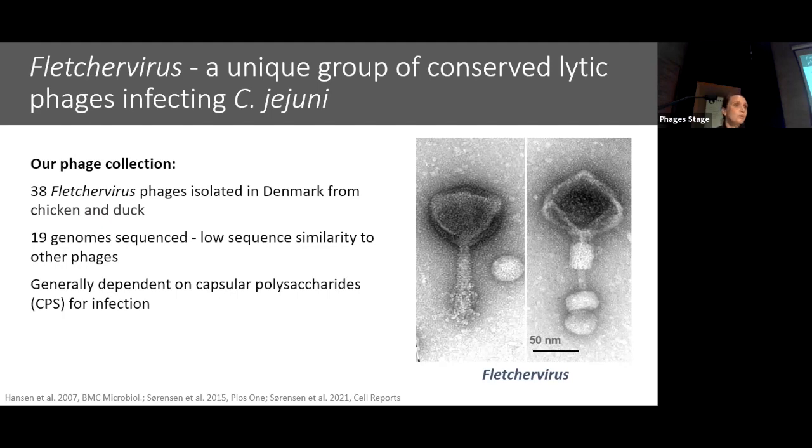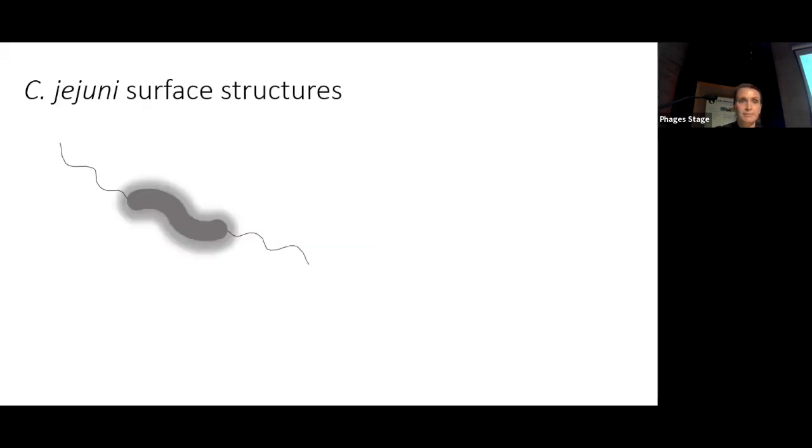But what we do know, and what has also been shown by other people, is that they are generally dependent on capsular polysaccharides for infection. And that leads me to introducing you a bit to the surface structures that are actually encoded by this bacterium. As you can see from this picture here, Campylobacter has this nice spiral-shaped morphology,